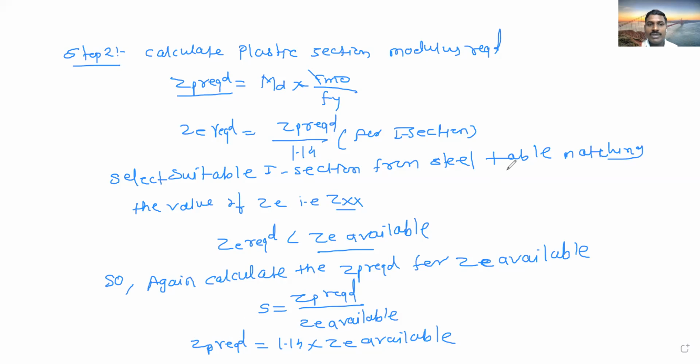It means we have calculated 2 times ZP, 1 time ZE, and for that ZE we have selected ZE from